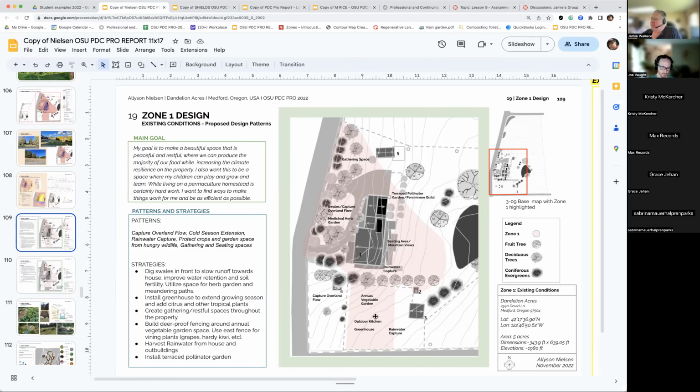And that, I think that was a perfect place for her veggie garden, even though there's a bit of slope here. But I would question putting an outdoor kitchen that far away from your house. We've been involved with quite a few of these over the years, and along with our own. And I would encourage, if someone has this in mind for their Zone 1, to try and pull it as close as they can get it to